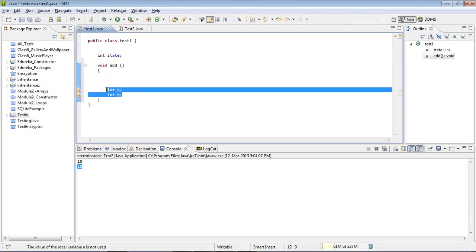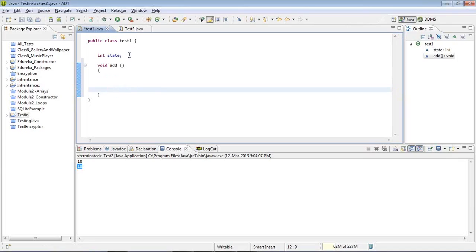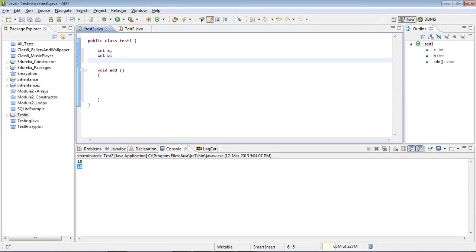So instead of defining these two values here, I'll define them outside right here. Int a, and I'll call the constructor of this class, public test1.